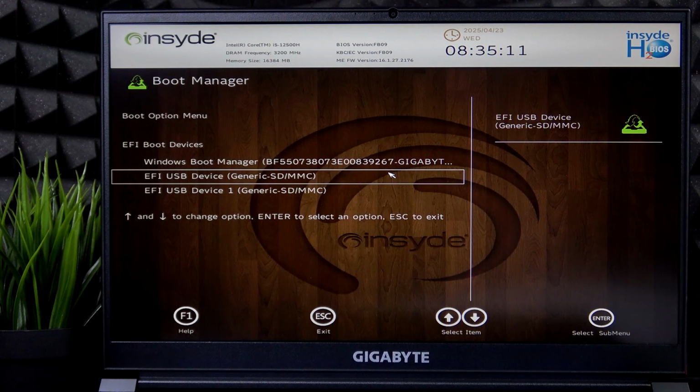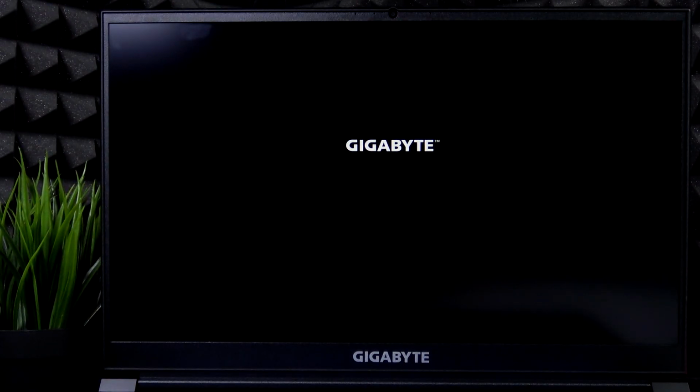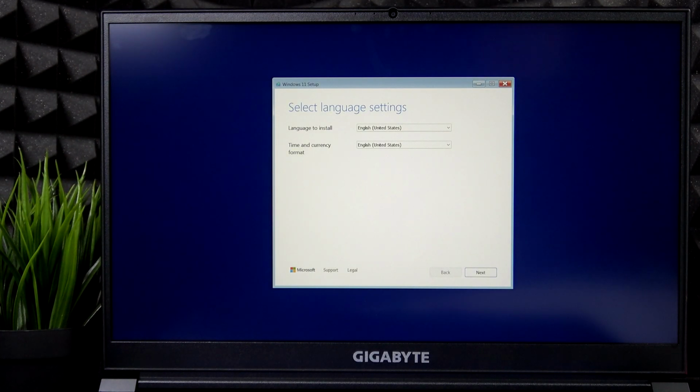And now you can select the EFI USB device, click on enter, and wait until it boots from that drive, and we'll begin with the Windows 11 installation. Okay, and most probably the touchpad isn't working. No, it's actually working. So I don't need to provide instructions on how to set it up without the touchpad, because in some cases the touchpad isn't working until you do an update. So up until then, sometimes you need to simply